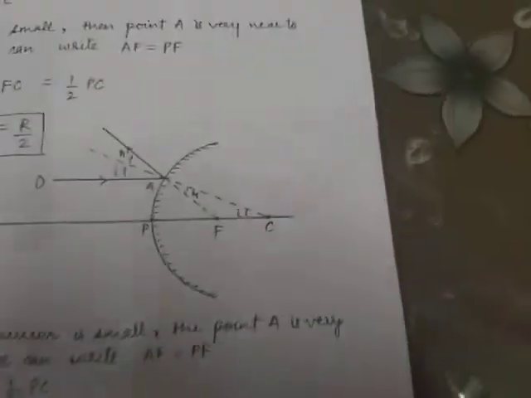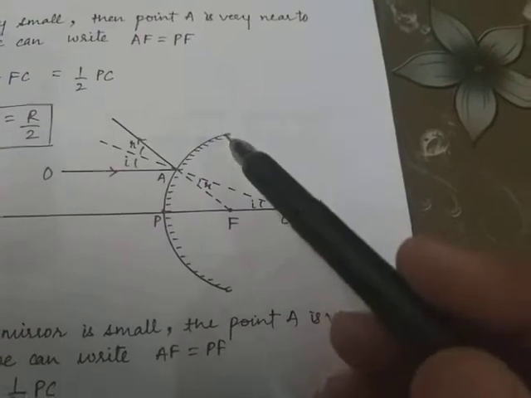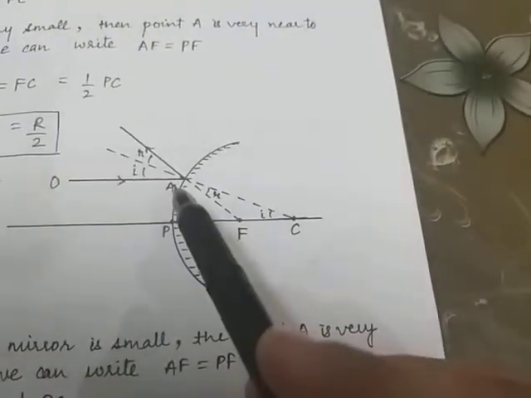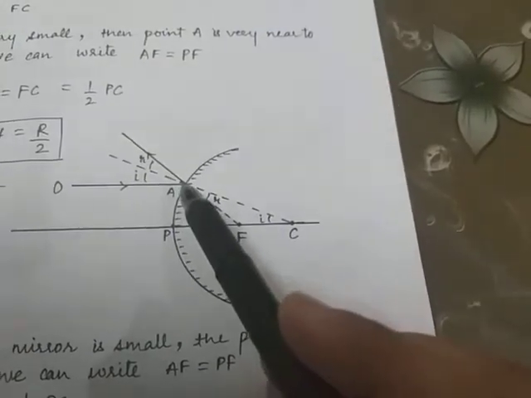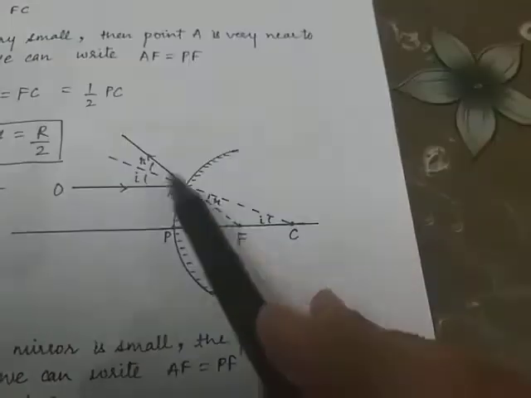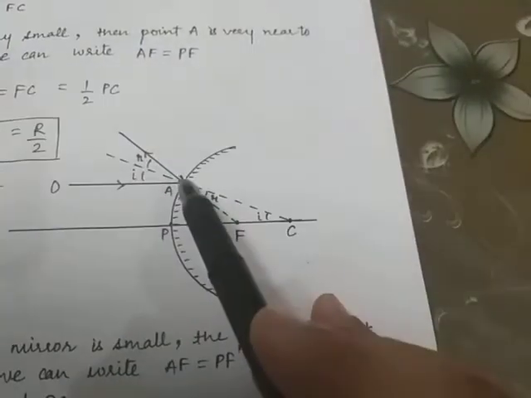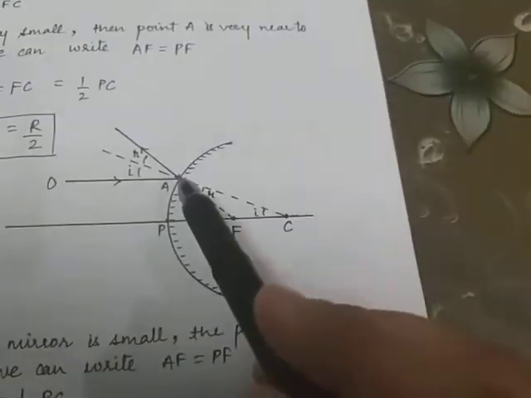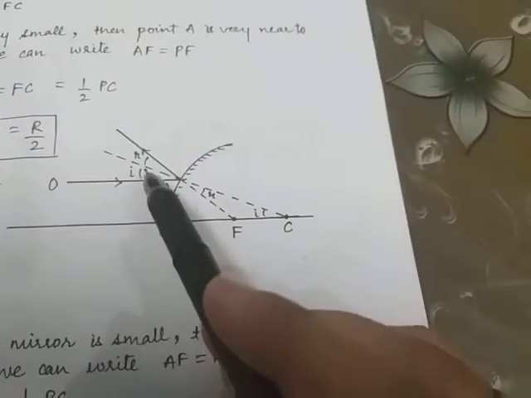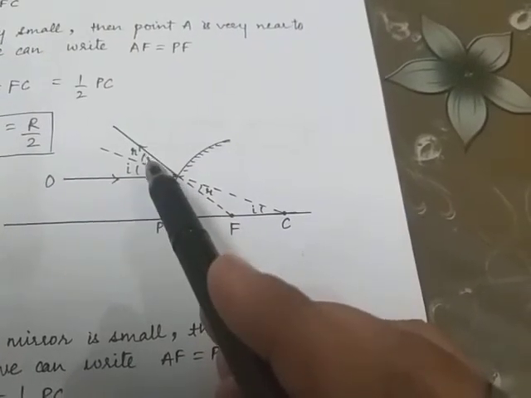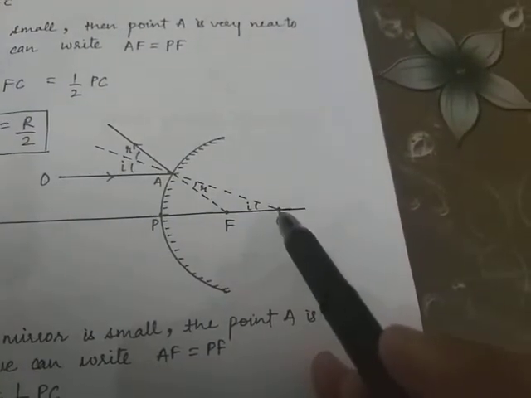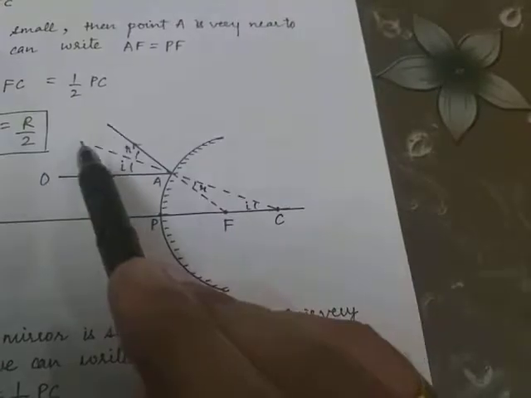Now let's move towards convex mirror. In convex mirror, again the light ray travels parallel to the principal axis. It seems that after reflection it is coming from focus. So this is the light ray after reflection. It seems that it is coming from the principal focus. So this angle is angle of incidence. This is angle of reflection. This line actually comes from center of curvature because it will work like normal.